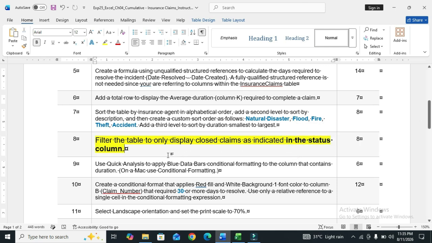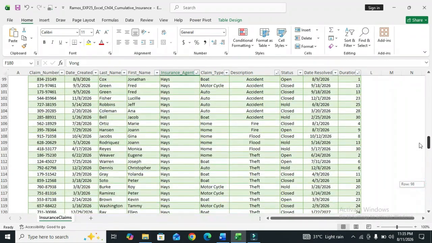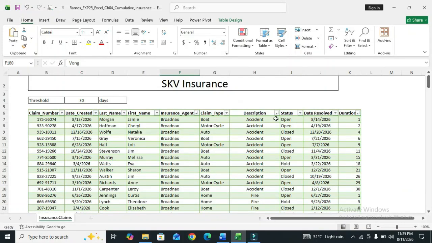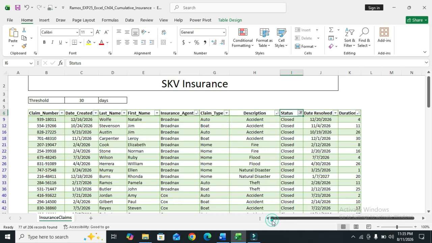In this status column, so we move to the Excel file and go to the status column and click on this and click on select all and uncheck all and only click on closed, select the closed and click on OK, and this step has done.